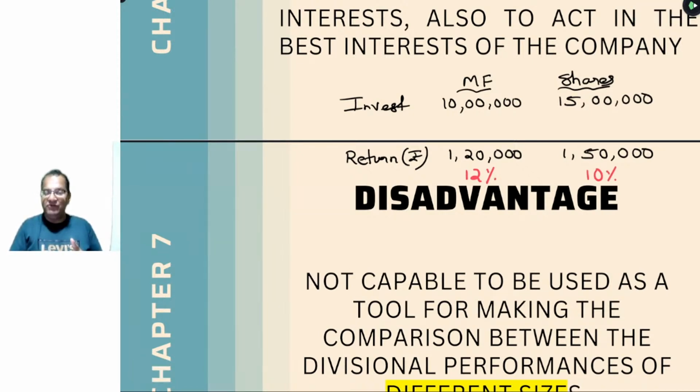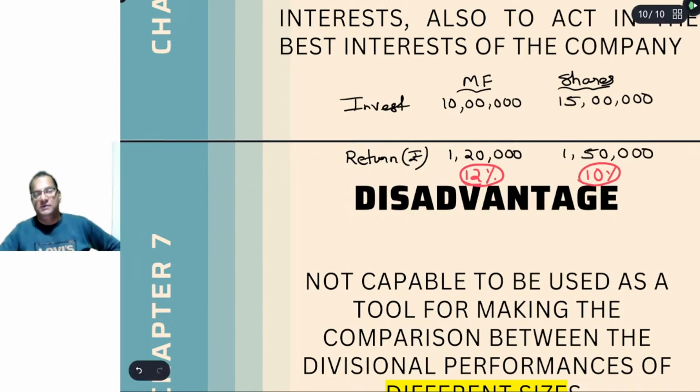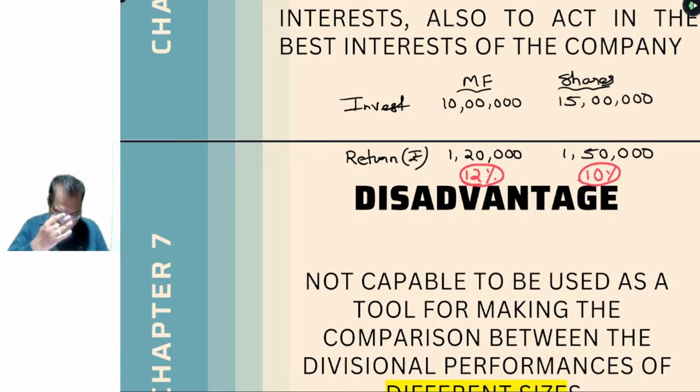So when the data is expressed in percentage terms, the investments in departments are comparable. It provides a better conclusion that mutual fund investment is giving more return. But when you compare the data in absolute terms, that is rupees, it might misguide you because of the different size of the department. If the sizes are same, definitely the data can be easily compared. If the mutual fund investment and the investment in shares are of equal amount, say 10 lakh rupees, then it will be easily comparable which investment is generating more return. Clear है बेटा? चलिए लिखिए इसमें आप,